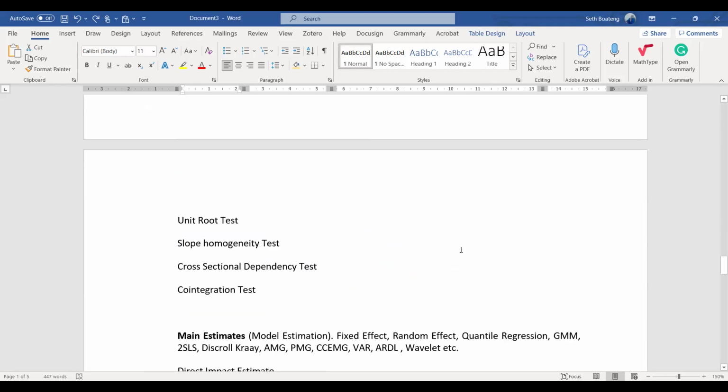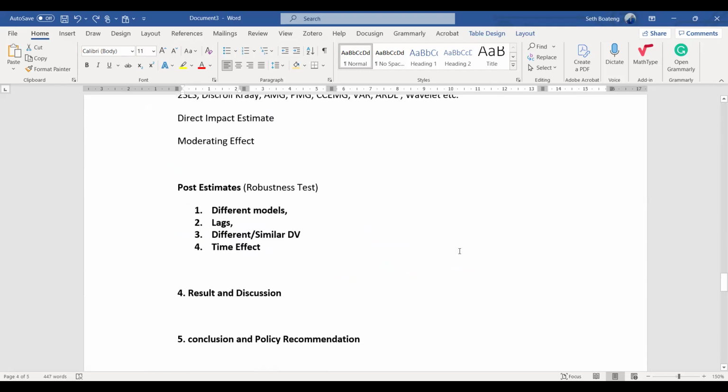So robustness is like you are checking whether your result is stable and we can rely on it and it's not influenced by maybe the variables or the model. So you can combine two of these. So you can use different model, lags, and then maybe different or similar dependent variable to check. Time effect. Maybe you can group the data into two.